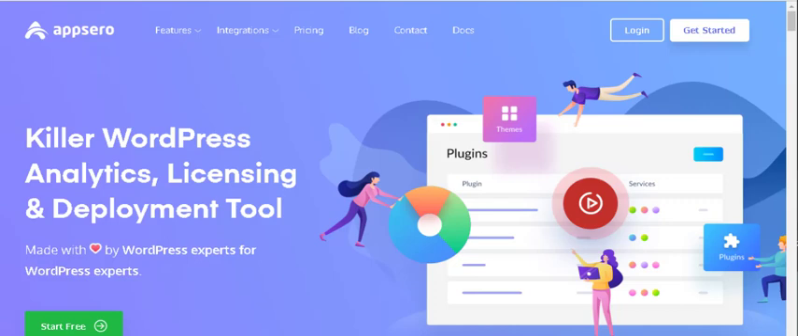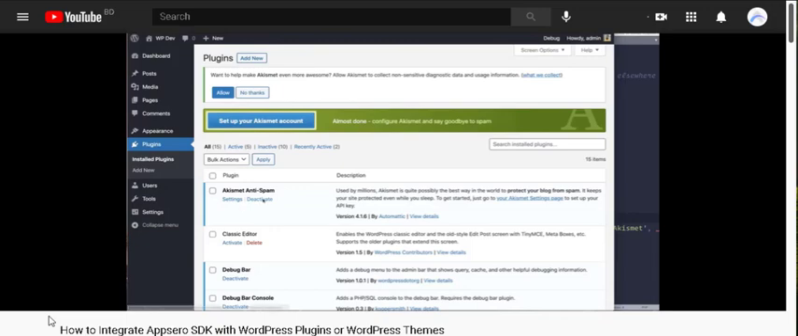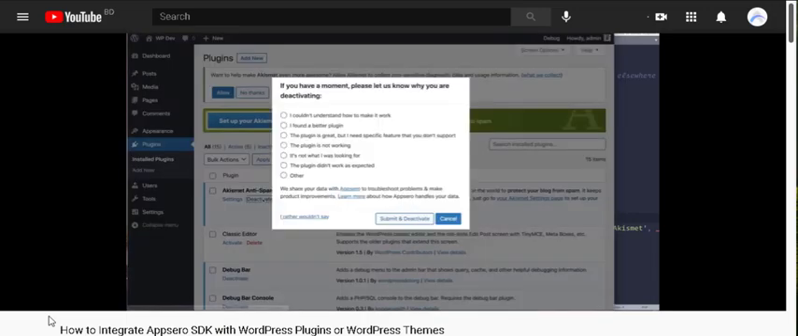Hey guys, this tutorial will show you how to add custom deactivation reasons for your WordPress plugin using Appsero. Firstly, you want to make sure you have already integrated Appsero SDK to your plugin or themes. We have a video on how this is done, so be sure to check the link in the description box